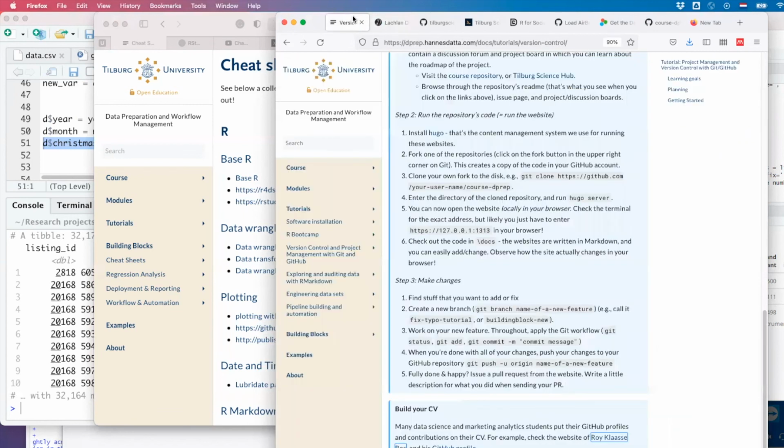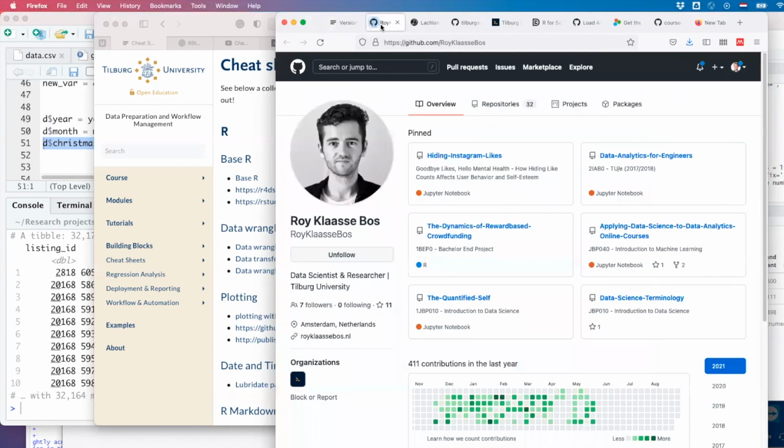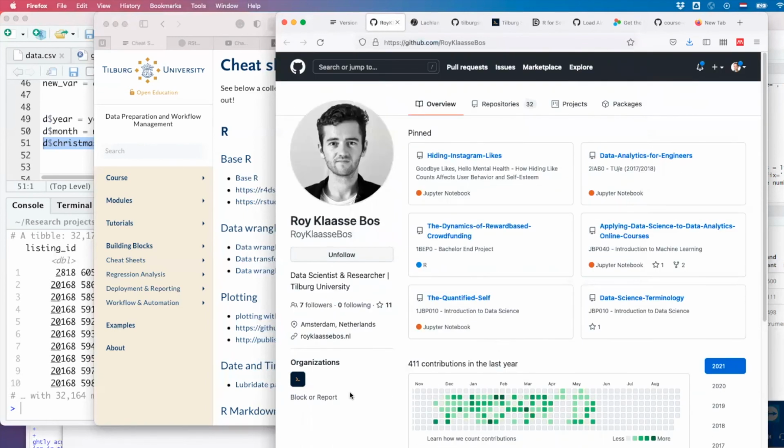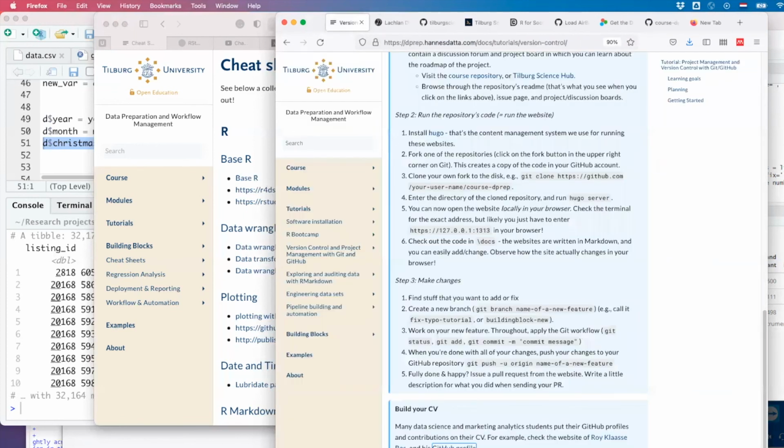So when you go on the job market to get a job, you have your paper CV, but if you go into data science or marketing analytics, people are going to check you out online. So make sure to build your profile. With these skills, you will be able to do this. People, in fact, use their GitHub profile to look for jobs. All they do is send this to a company, and people go through this portfolio of stuff that they've done. Your portfolio will be analytics projects that you pin to this repository, and maybe the website and changes you've done. You can show off that you're active in a coding community, because that's what people are looking for when they look for analysts.